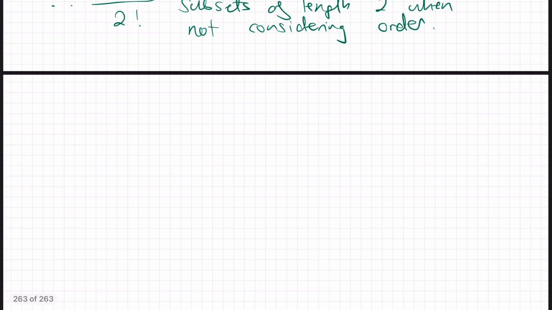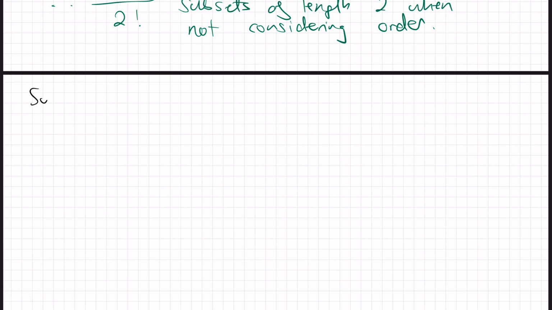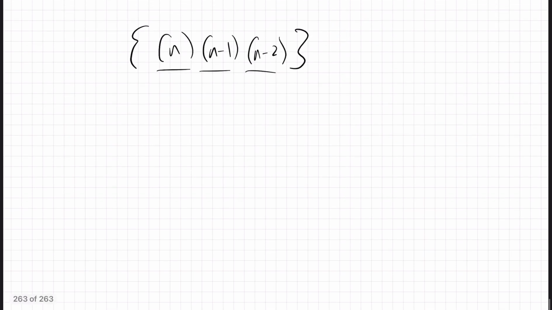So I guess we can use a similar sort of strategy. Let's now consider subsets of length 3. And you'll see this is a similar sort of thing. So we have n options for this first slot, n minus 1 options for the second slot, and n minus 2 options for the third slot, because we've already picked 2 options. And then we also have to divide it by the number of permutations,